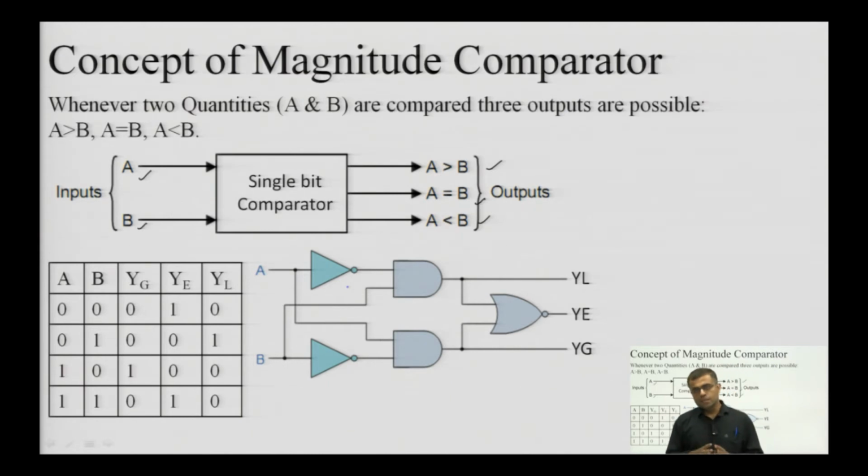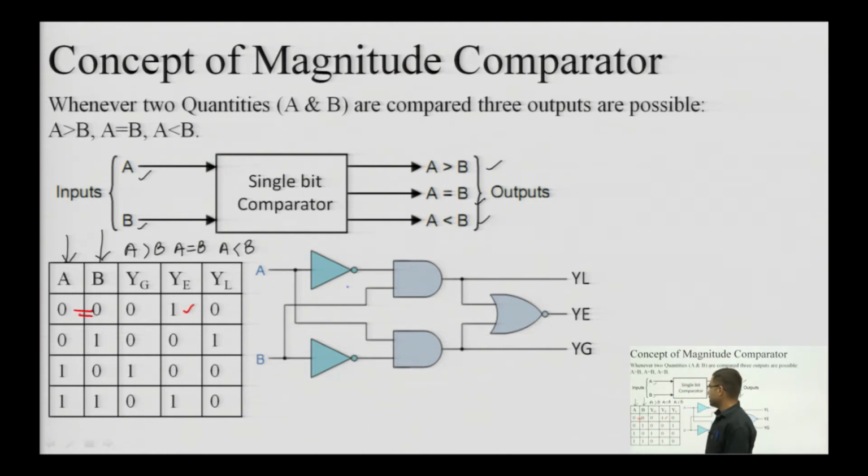To design a larger size comparator, first we have to understand the minimum possible comparison, that means the 1-bit comparator, where both numbers being compared are single-bit numbers. So, A is a single-bit number and B is another single-bit number. Both are compared to decide whether A is greater than B, A is equal to B, or A is less than B. So, all these possibilities are considered. In the first row we can see that both are equal, so A equal to B.